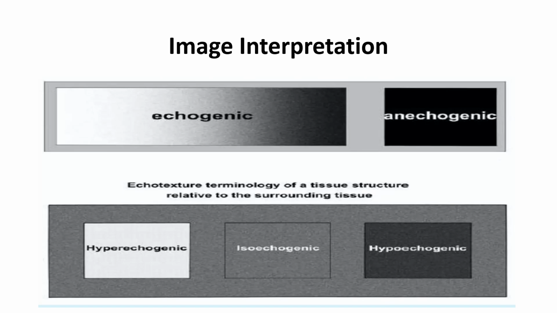Here you can see the image interpretations. Echogenicity, or the brightness. Echogenicity display shows the brightness of the image related to the surrounding tissues. As you can see, it is an anechoic image, means the tissue you scan, if it is fluid filled, will generate a darker image as compared to